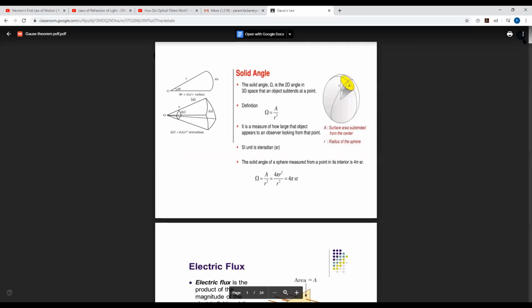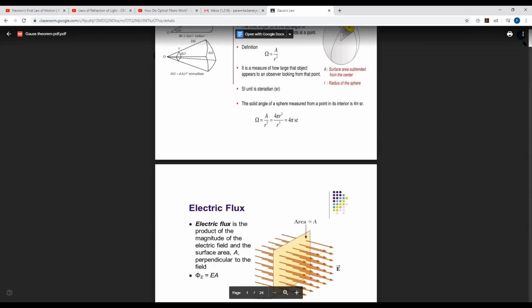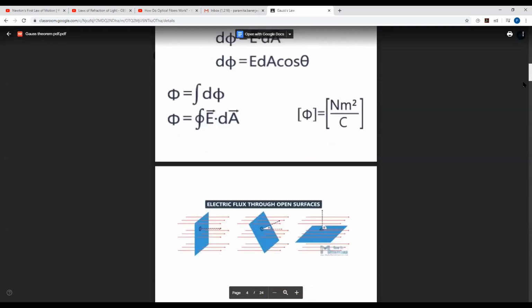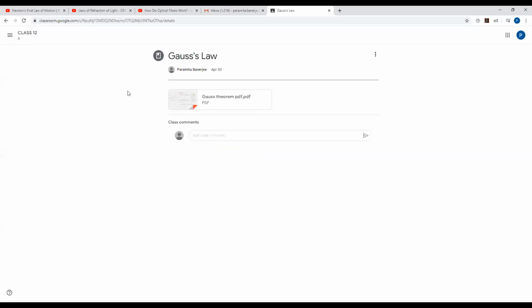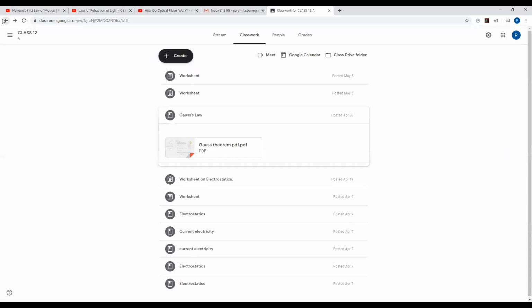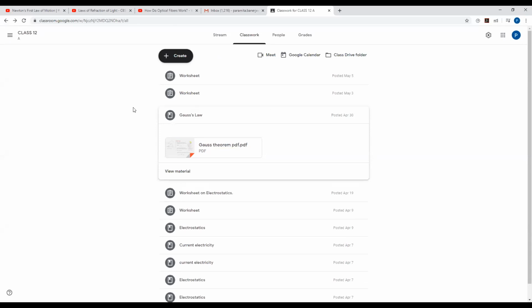So after teaching also, suppose someone couldn't follow your class, they can see this PDF. So you can upload it in the Google Classroom. That is the main thing, that you can save all your documents in the Google Classroom. That is the first thing you can do with a classroom.